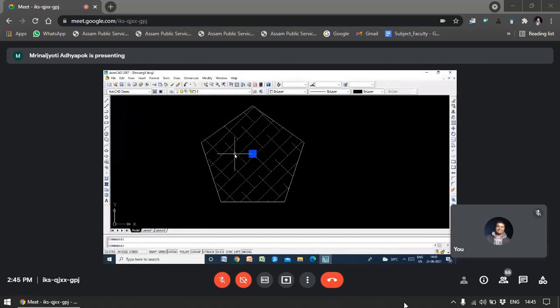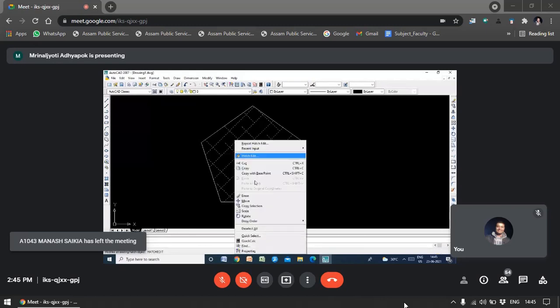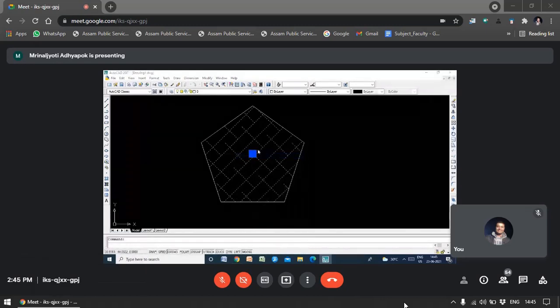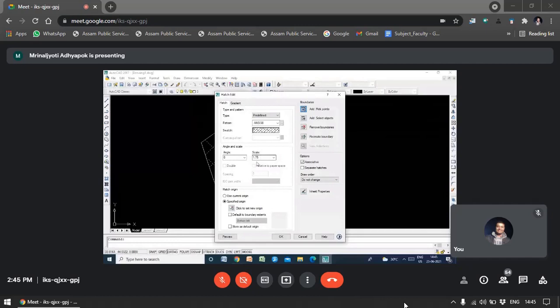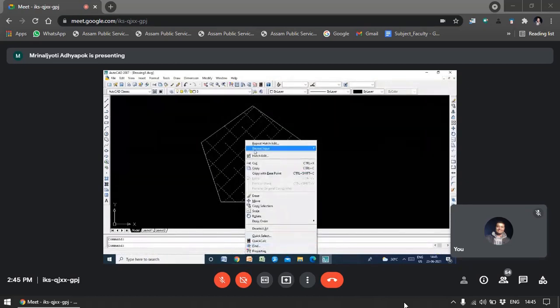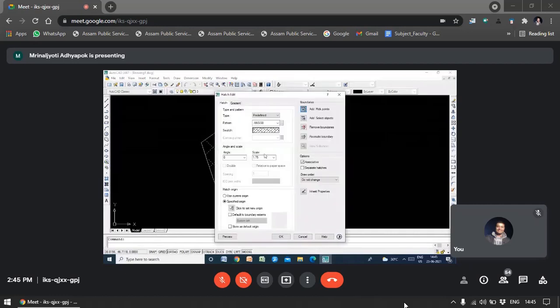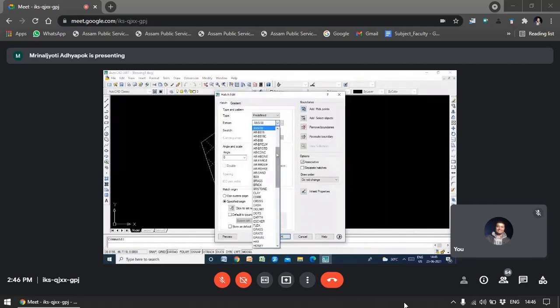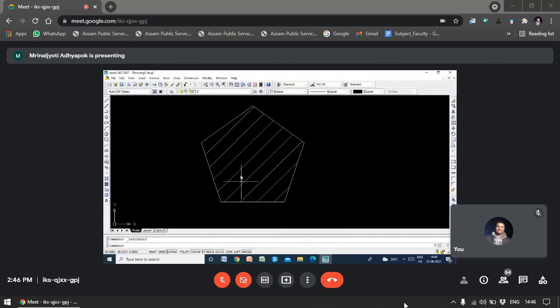So basically in this BH you have to play with the command that is scale. Here you have to do everything with this scale. So now suppose, in our case the hatch is ANSI 31. Now what I am going to do, suppose you want to